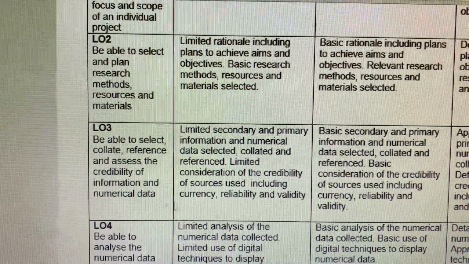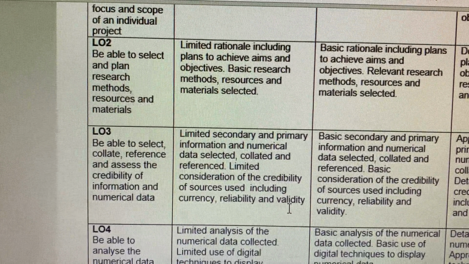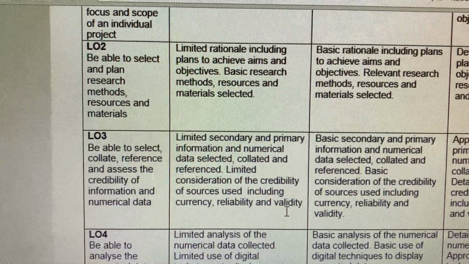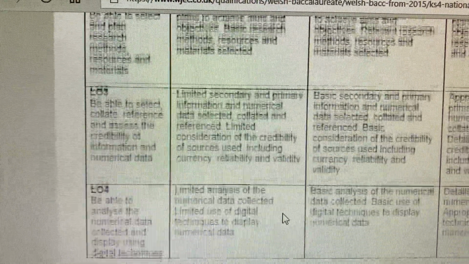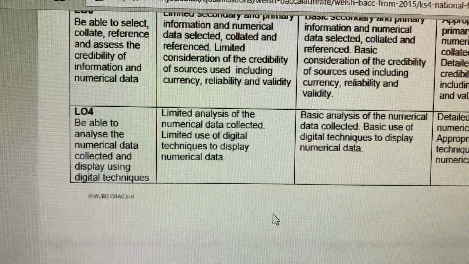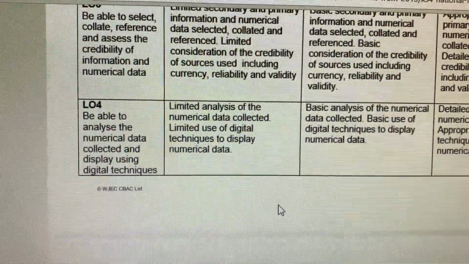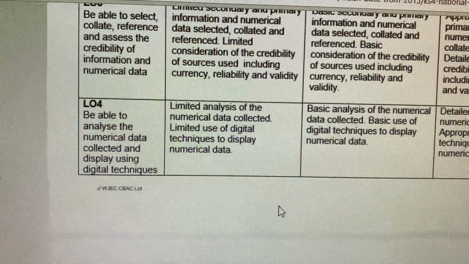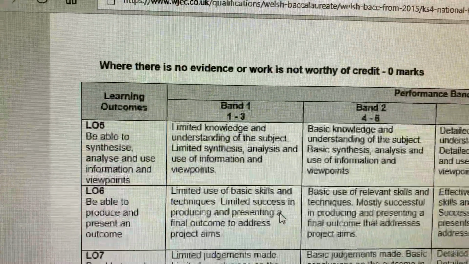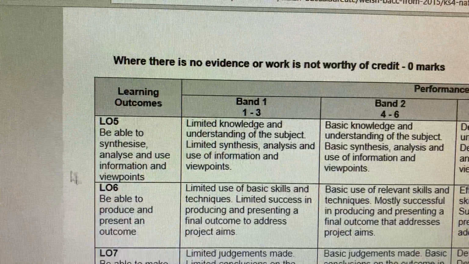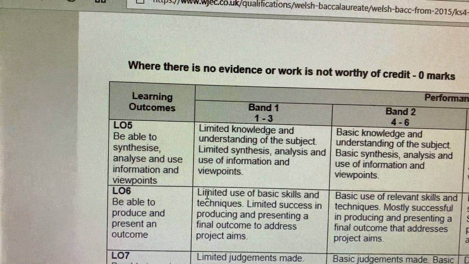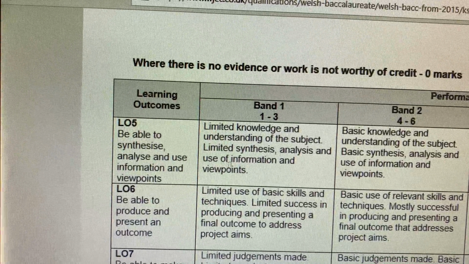LO3 assesses your primary and secondary research and how you've evaluated your sources to consider the reliability of them. LO4 is linked with the numeracy element of the project and how you've digitally displayed your data in charts and graphs, etc. LO5 is assessing how you've synthesized all your information and brought everything together, including the viewpoints and the